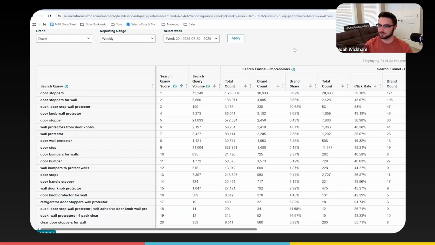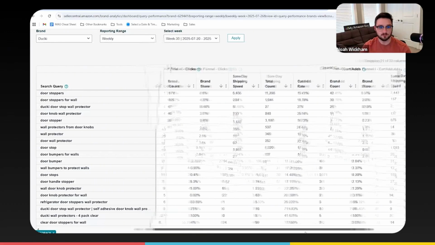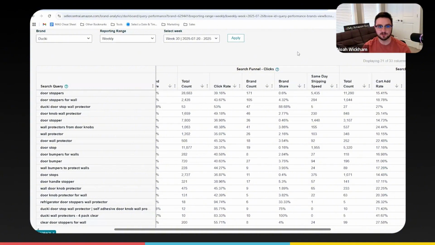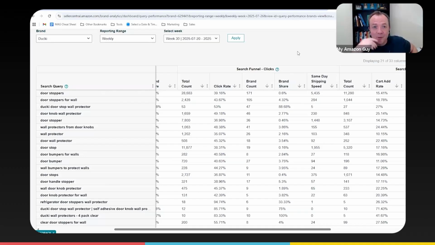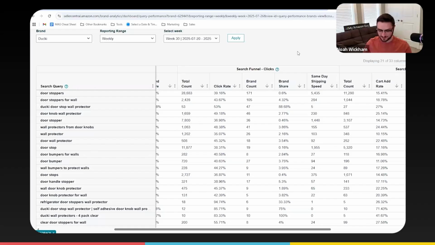So then you're probably thinking to yourself, okay, clicks. So what do we do for clicks? How do we increase clicks at the end of the day? It's the number one thing. Kevin, I'll let you take it. What's the number one thing to increase clicks? What people see. So that would be your main image. Your main image. And we have our tried and true main image CTR,